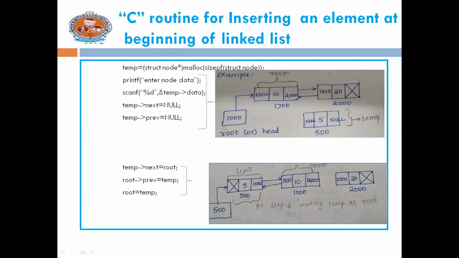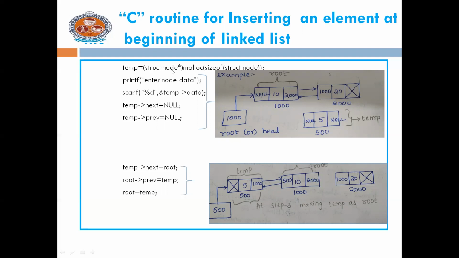So the first node is containing value 10 and the second one is having a value of 20. Now I want to insert a new node which holds a value 5 here. So initially I'm creating a node, using the node structure we have already declared. I have to assign some memory for this node, so I'm using the function malloc.